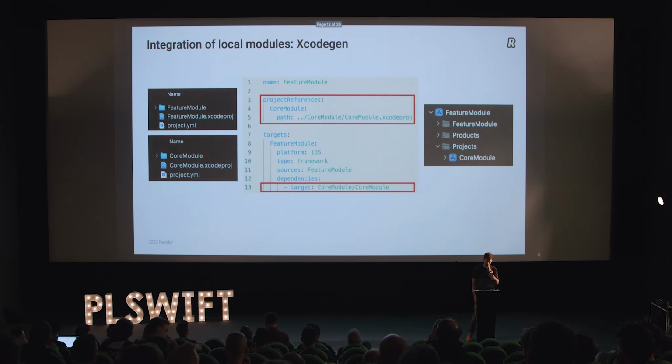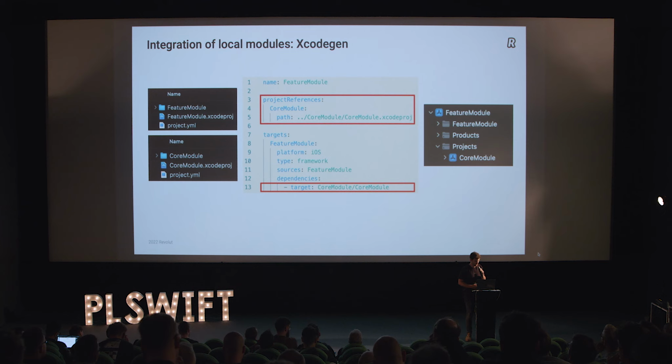Yeah, and let's go for the third option, Xcode. Similar idea: on the left, the specification; in the middle, the Xcode specification with the origin of the dependency and the relation; and on the right, how it looks when you open the project. And this is, in my opinion, the best way to go, because Xcode has so many possibilities in terms of configuration and build settings. It's super easy to do. So this is where we want to be at Revolut eventually in terms of integration of the modules. And this is basically how you solve local build problems, by splitting your code base.